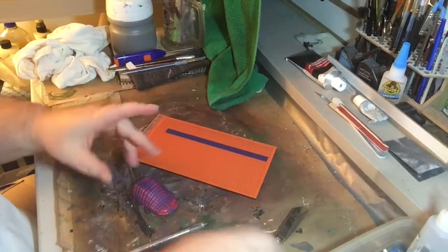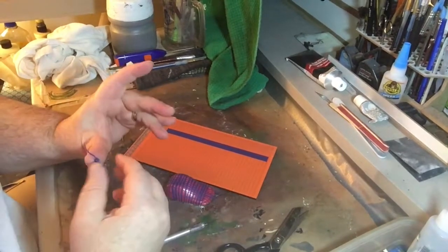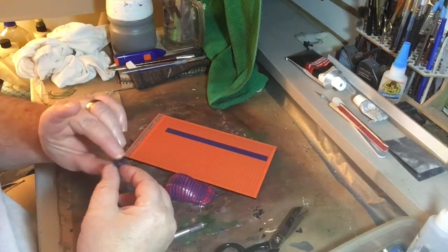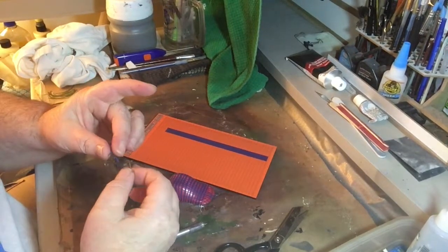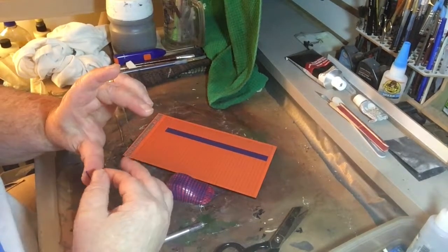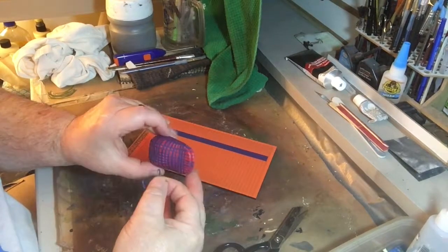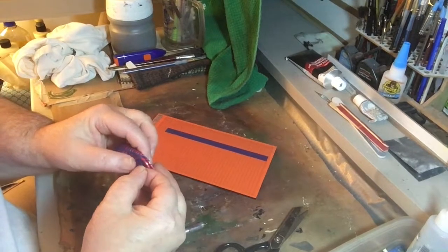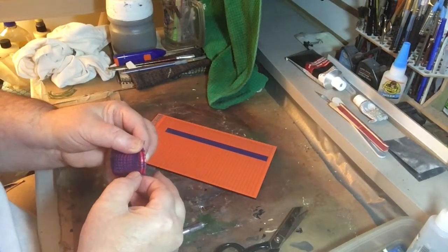I'm doing this hat here. I want to make it checkered. Of course, the little pieces will roll up on you, so you have to unroll them to apply them. So I did most of the hat here, and this is one of the models, and I'm going across. And what I'm going to do is